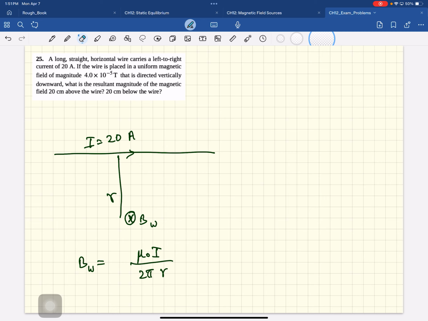All right, so that's the field due to the wire, and this is the field due to the Earth's magnetic field. What is the